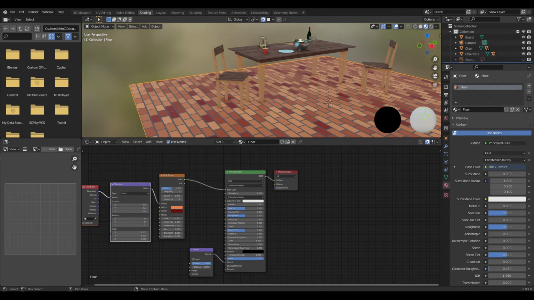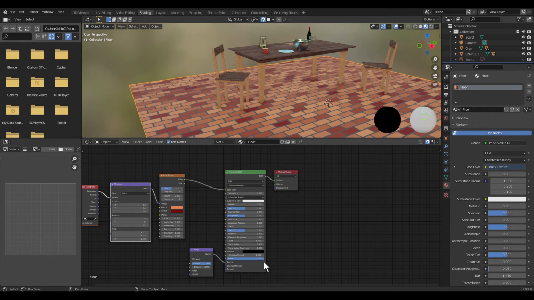So first thing I want to do is rotate these tiles because I want them running the other way. There we go. So we've got some tiles in place, and it's far too smooth, so we need to add